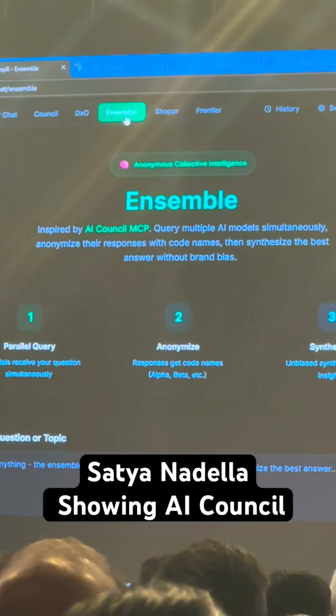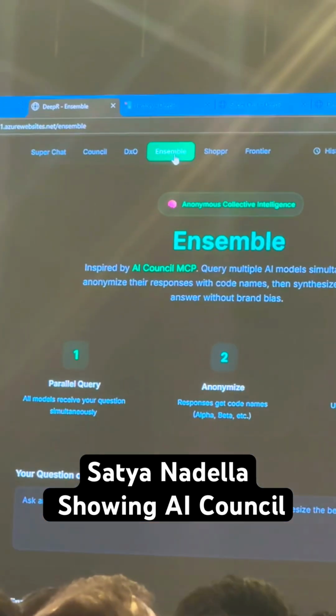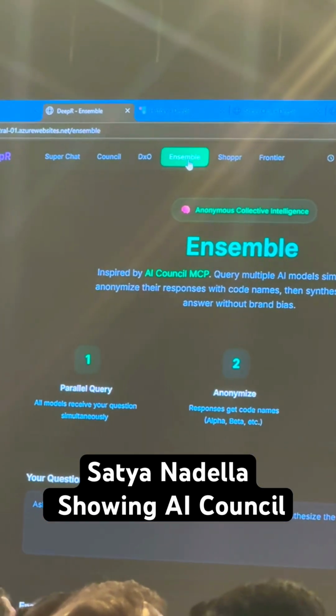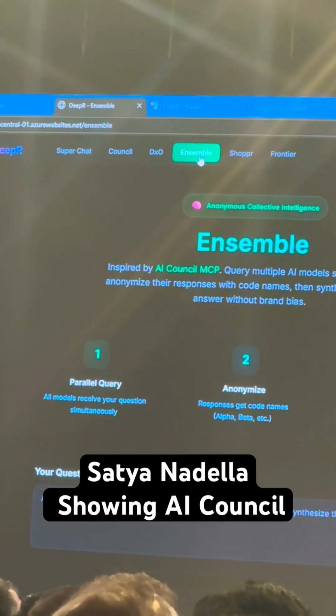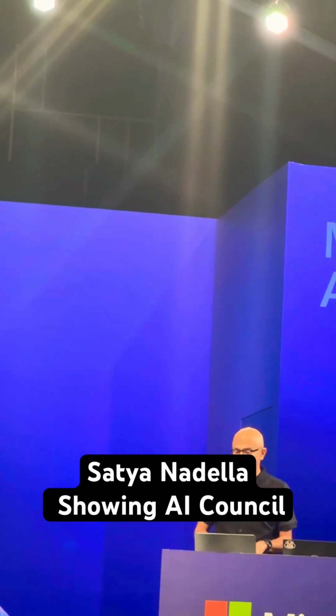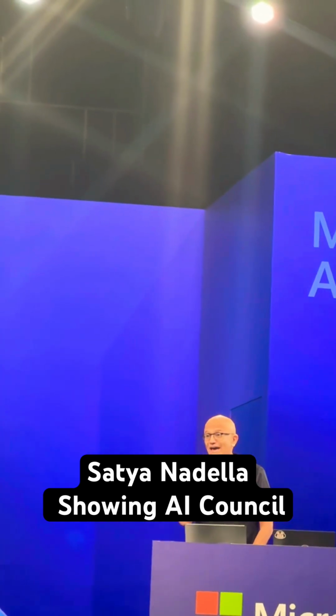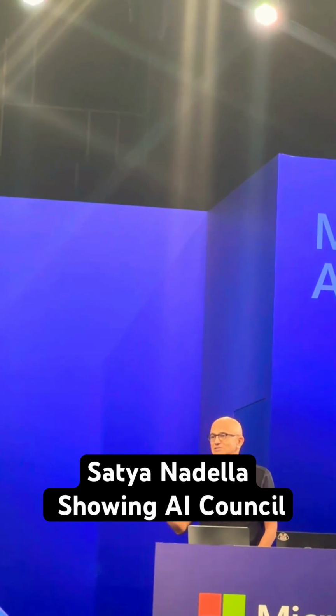I implemented another one as well called Ensemble. So this is basically use all models, essentially a set of MCP servers, and anonymize their responses. So take out even who is responding with what. Give them labels like alpha, beta, gamma, and then synthesize into one response. So these are three decision frameworks. In fact, I even extended it, by the way. I built a shopping thing, I built even a finance thing, but basically decision frameworks.